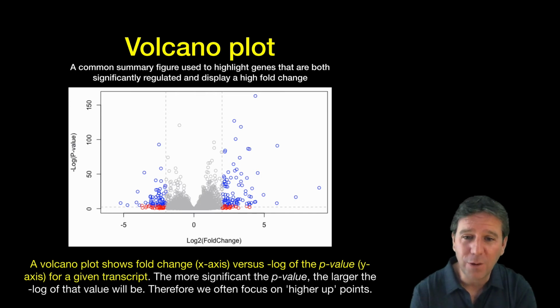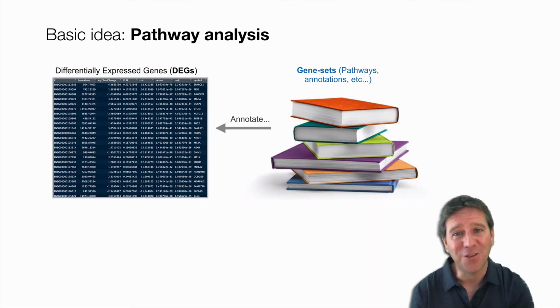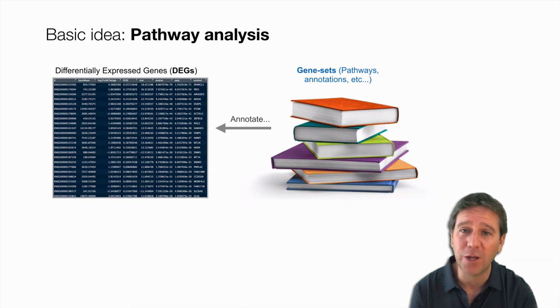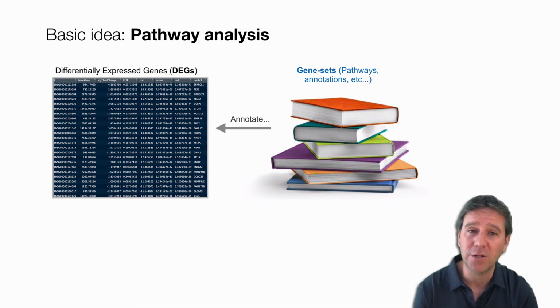So we'll make this kind of plot together, and then we'll analyze the subset of the blue genes here, those that are both significant and change a lot, and put them into the context of their potentially more relevant biological pathways. And to do this step, this kind of pathway analysis, we'll take our subset of differentially expressed genes that we've just extracted, and we'll correlate them with our knowledge of